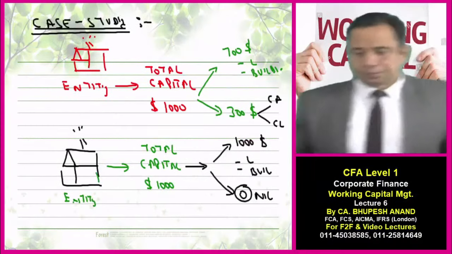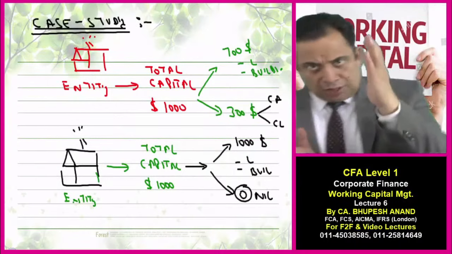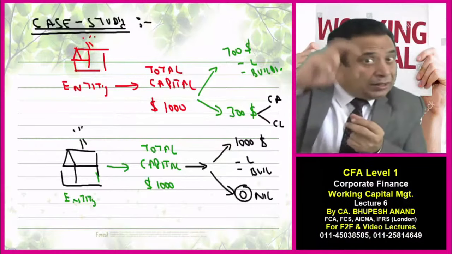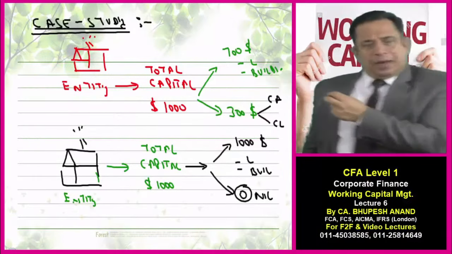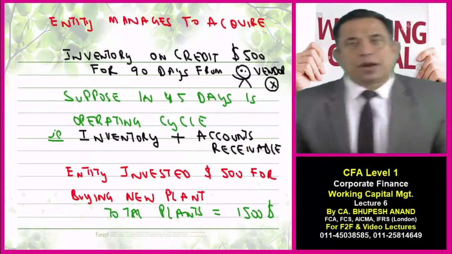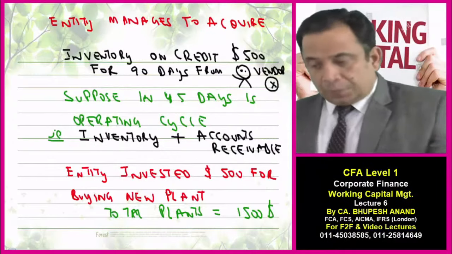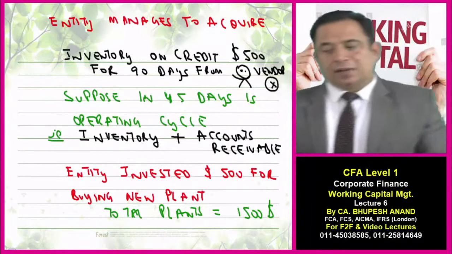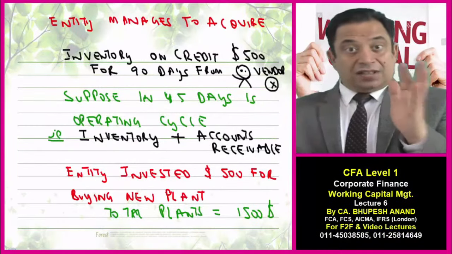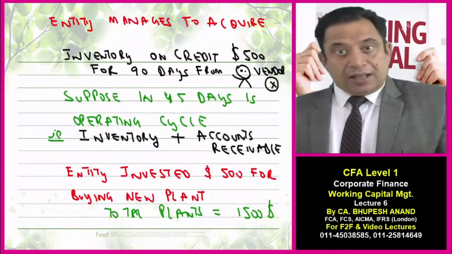I have prepared an entity. Total capital is $1,000, which is broken down to $700 and $300 in the original example. But in this example, I have assumed that the $1,000 capital is totally invested in land, building, plant and machinery, and working capital is nil, and the entity managed to acquire $500 for 90 days from vendor X. Suppose in 45 days, its operating cycle is inventory plus accounts receivable. This is the operating cycle, not the cash conversion cycle. There's a difference between the cash conversion cycle and the operating cycle. Let this be 45 days for the operating cycle and 90 days for the credit received from the